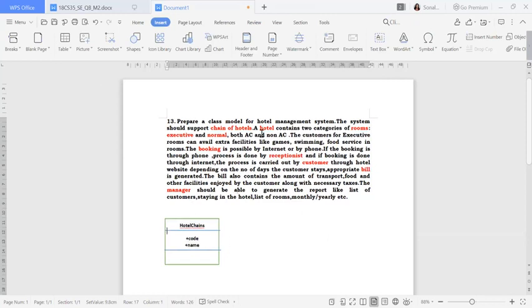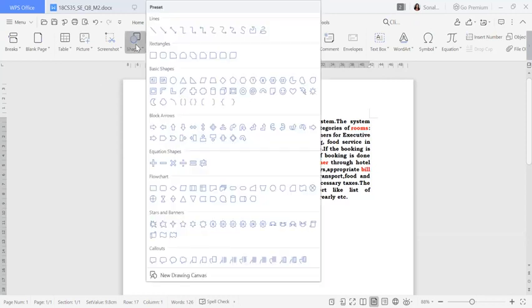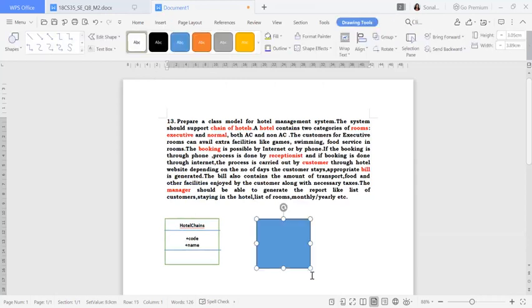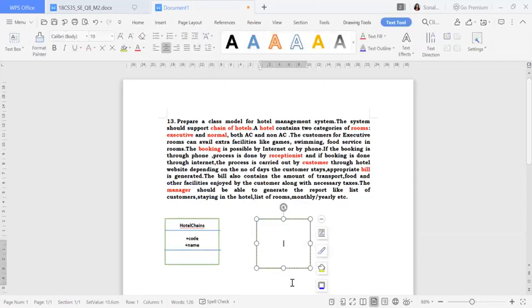So next, what is that? That is your hotel. So what I will do, I'll take one more box over here. I will keep the box here. Okay, fine. So here I will write, this is my hotel. Okay, so inside this hotel you should also have some attribute names. These things you have to write.